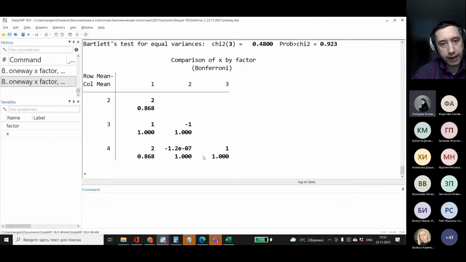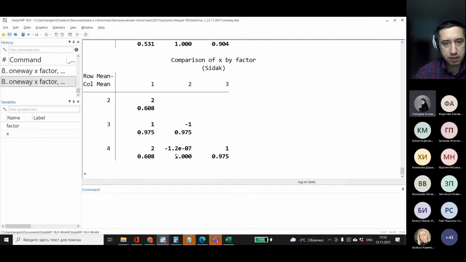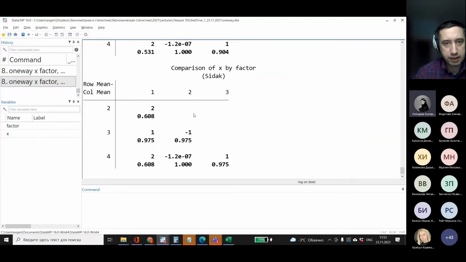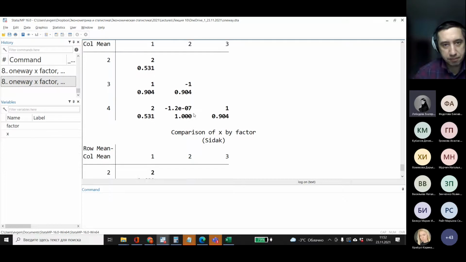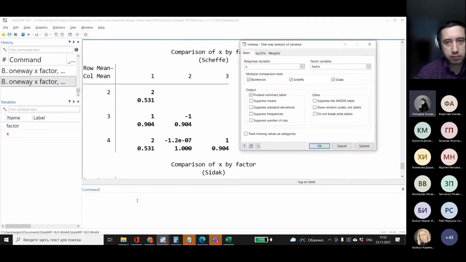Well, and here below we have p-values, so whether these differences are statistically significant, and we see that for sure all of these differences aren't statistically significant, as expected. For sure, you can add Scheffe or Sidak comparisons, and usually they produce identical results. Well, and in addition to this one,